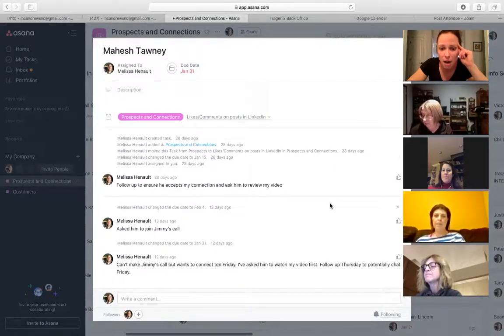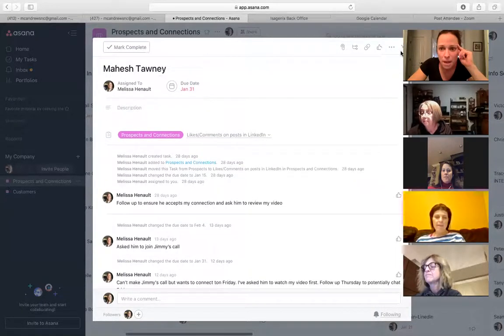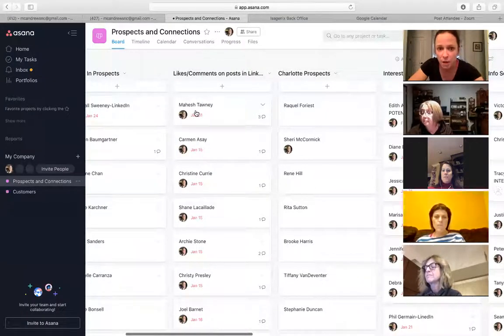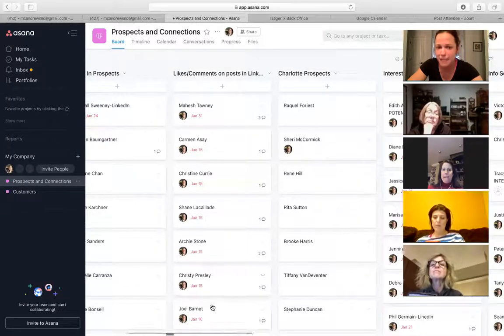So if you look at my columns down here, see the visual of all the red? With each card that I have for each person, I have an action item, a date to follow up with. So everything in red means I needed to follow up with them.